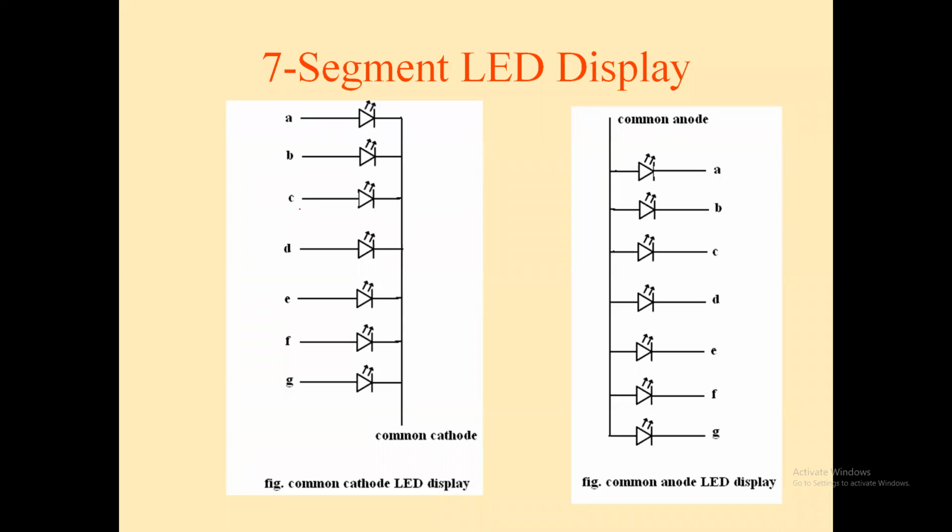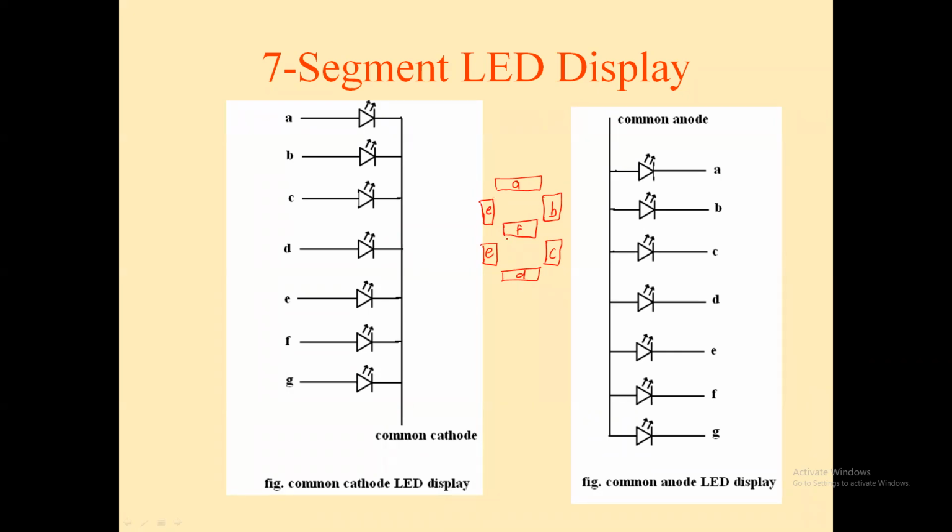Now if you see these two structures, A, B, C are in a vertical line, and their shape is fixed like that. Please see here. This one is the first LED, I say A. This one is the second LED, B. This one is the third LED, C. This one is the fourth LED, D. Then the fifth one, E. Then the sixth one, F. And the last one, G. This shape is fixed.